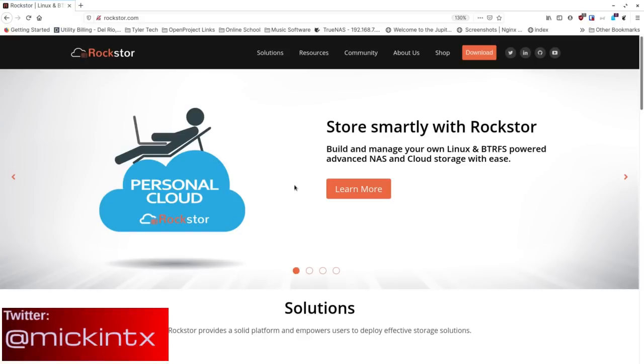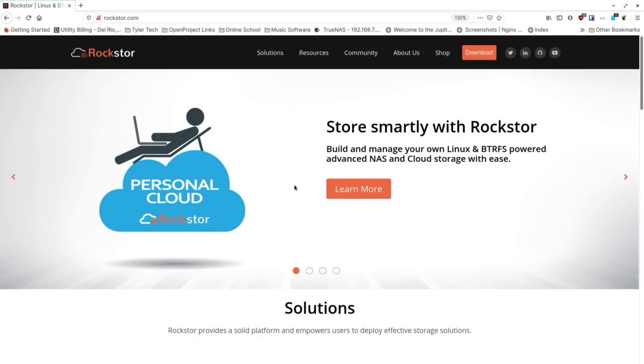TrueNAS Core is what used to be FreeNAS, and it's been around for like a decade, so it's super stable and super amazing. I really like it. But when I was looking for a really good NAS solution, I was looking more specifically for Linux initially, and I came across Rockstor. So Rockstor is based on CentOS Linux, and you basically do the same kind of install where you're at a machine and you need a monitor connected to it just for the install. But once the installation is complete, you can then just run it headless, and you basically log into it through